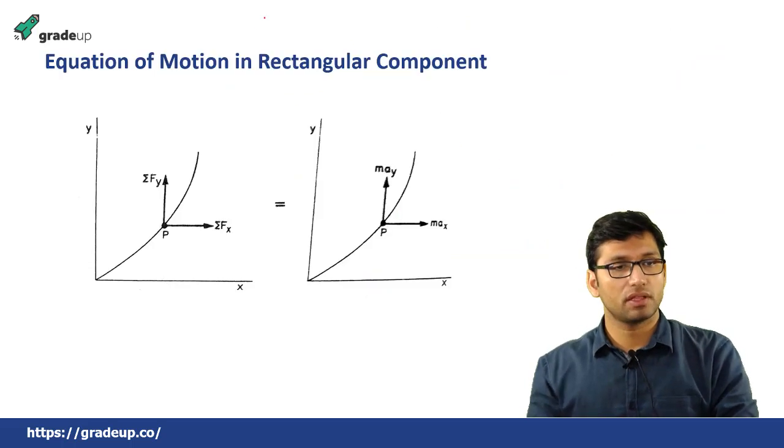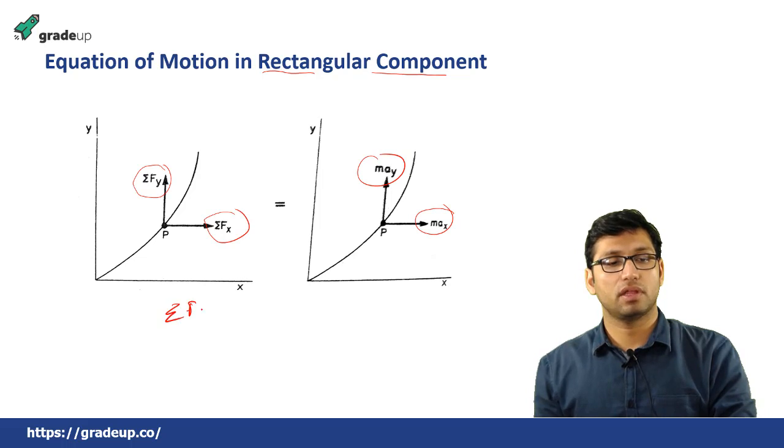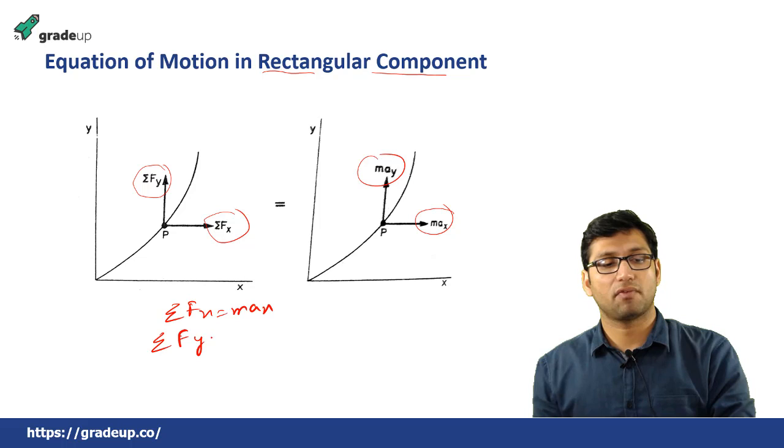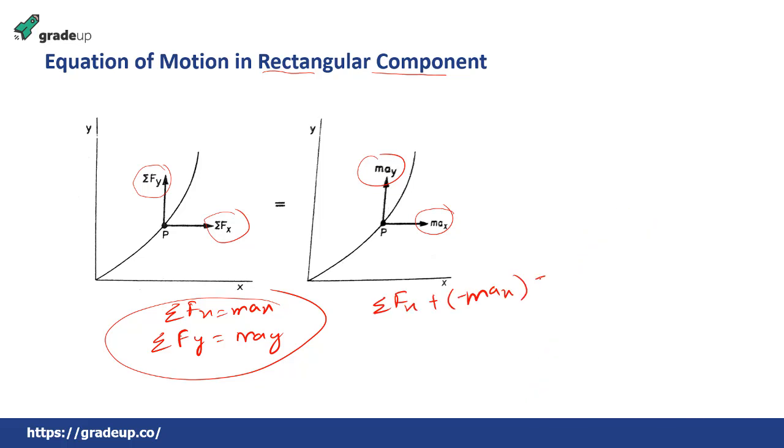Now if we see this equation of motion in the rectangular components, it will have two forces, one in the x direction and one in the y direction. So you can say that the net force is equal to max in the x direction, and in the y direction this is equal to may. And by the D'Alembert principle, we can also write the equation of motion. This will be summation of Fx plus minus max equal to 0, or summation of Fy plus minus